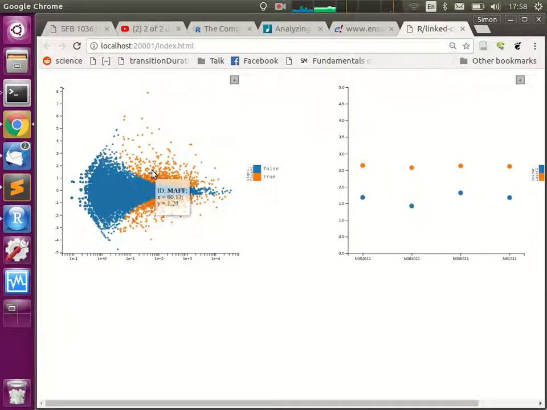Here is our MA plot as before. And if I now click on a gene, it shows me the corresponding gene. Here, for example, if I now look at this top expressed gene,